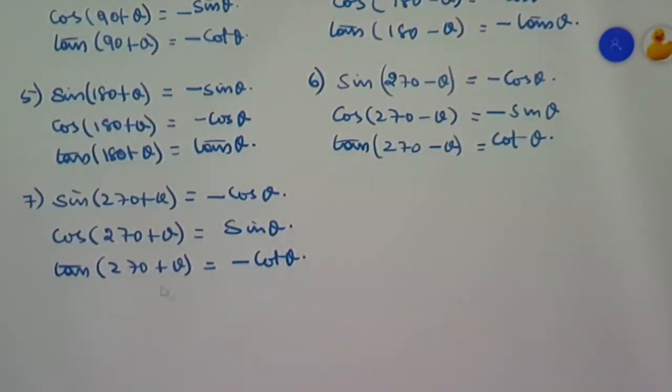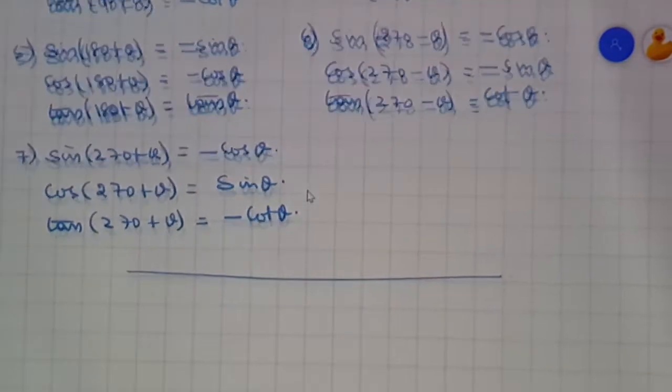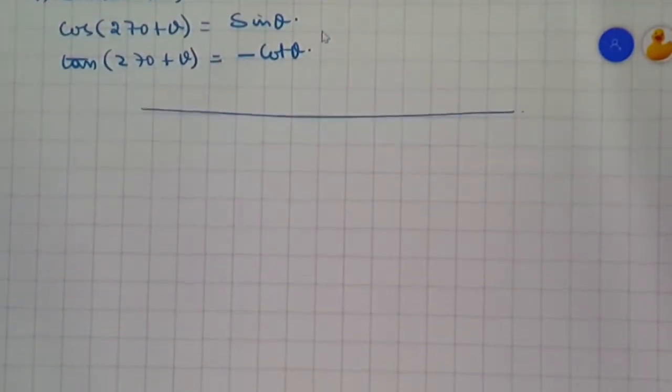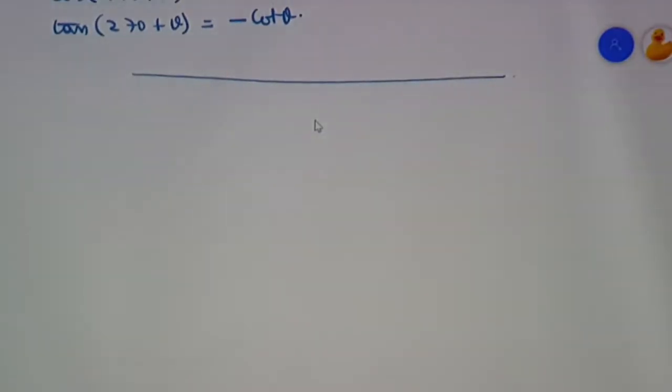Apart from this, we have to go over some of the trigonometrical relations. There is sin A plus B, cos A plus B, sin A minus B, cos A minus B, sin 2A, cos 2A, like that. What are the formulas that we should know? The first formula is sin of A plus B. Sin A plus B is equal to, I can expand it as sin A cos B plus cos A sin B.